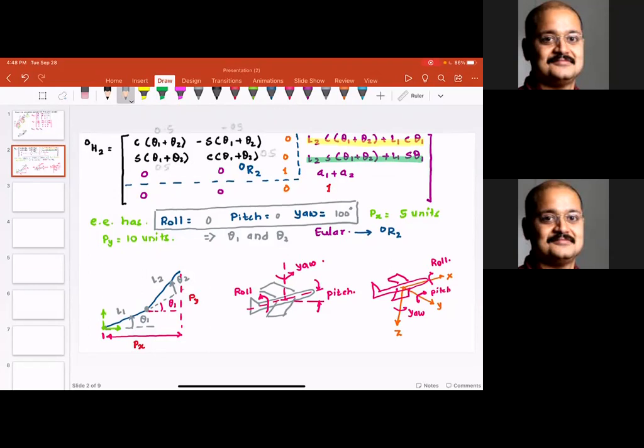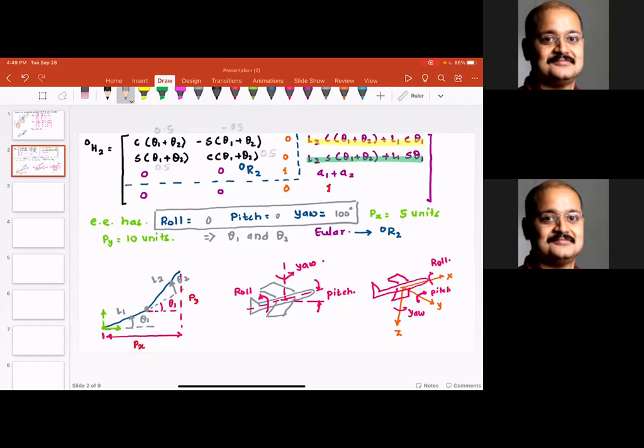What you need to do is, from that numerical value, find the values of theta 1 and theta 2. Please understand, this is not a straightforward problem. Some of you may say, I know the value of cosine of theta 1 plus theta 2 and the value of sine of theta 1 plus theta 2. Let me divide, say 0.5 divided by 0.5, I get 1, and maybe just do tan inverse and use some trigonometric relationship to find the value.